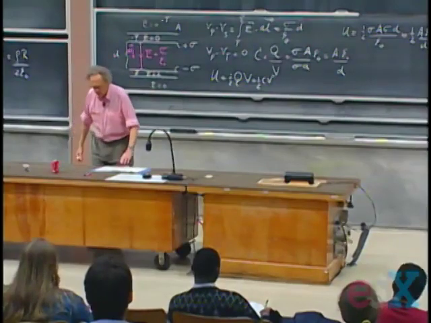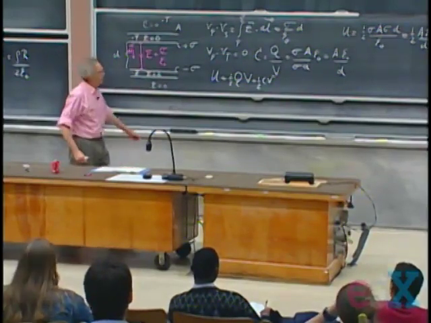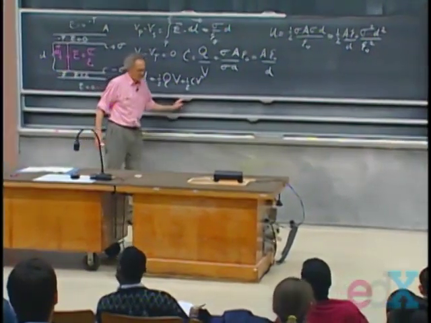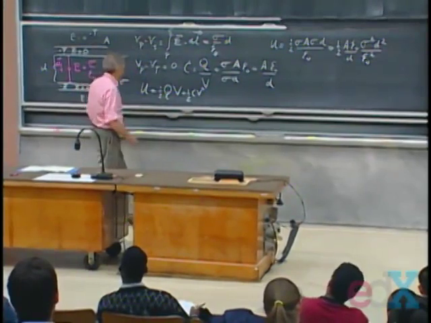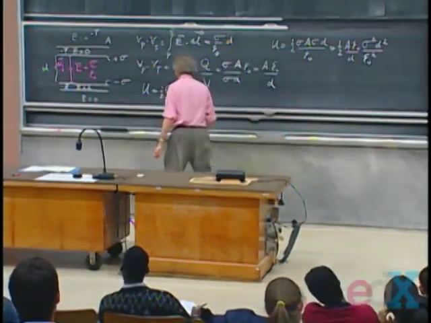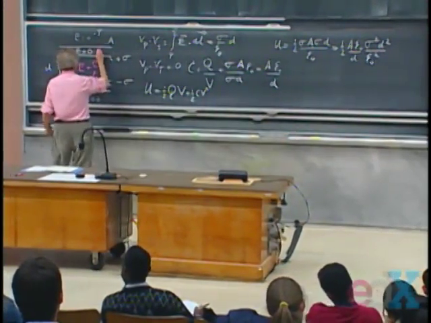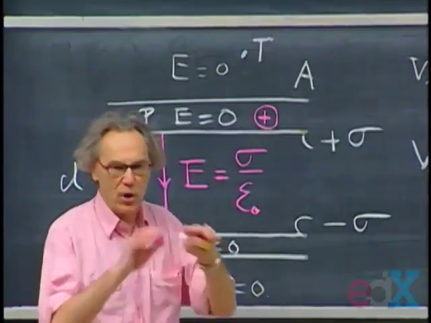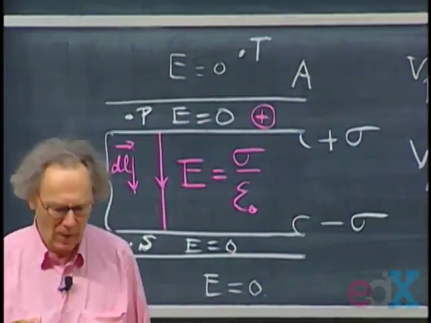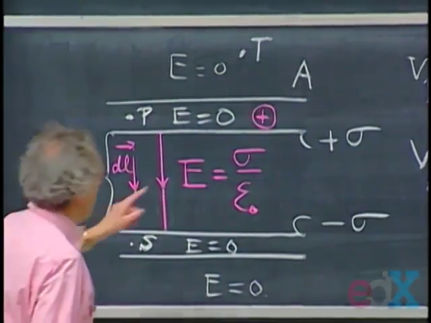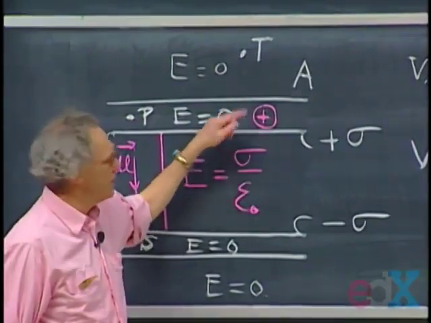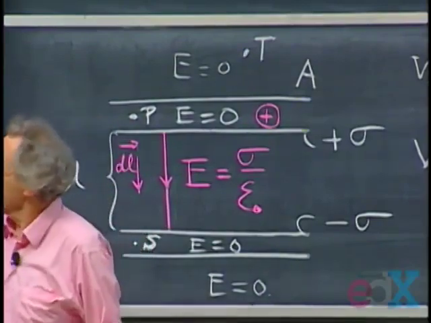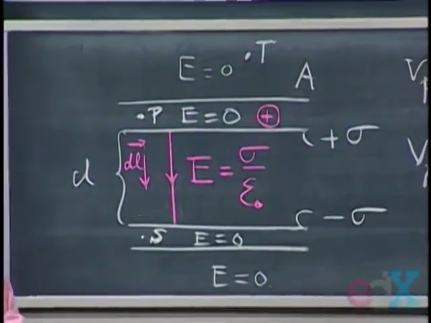Now I could ask you, where is the charge located? Let's first go to the top plate. Where is the charge located on the upper plate? Some of you may say, oh, well, maybe the charge is in the plate, somewhere here. That cannot be. I make a Gaussian surface all around that charge. Gauss' law will tell me then that the closed surface integral of E dot dA is not zero because there is charge inside.